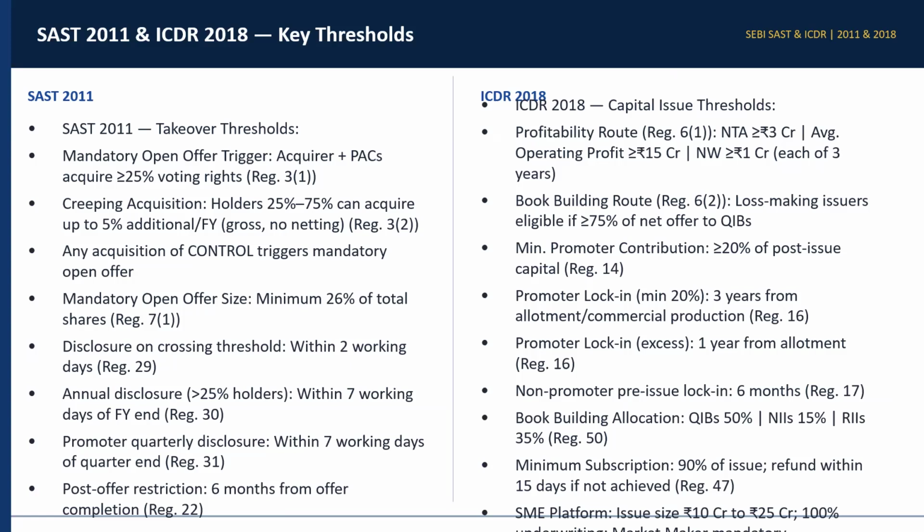ठीक है। मिनिमम प्रमोटर कंट्रीब्यूशन कितना है? ये आपका है 20% और मोर ऑफ पोस्ट इश्यू कैपिटल। प्रोमोटर लॉक इन मिनिमम 20% है। इट इज 3 years फ्रॉम द अलॉटमेंट ऑफ कमर्शियल प्रोडक्शन। और अगर आपका कोई एक्सेस कंट्रीब्यूशन है, मोर देन 20%, तो उसके लिए इट इज 1 year फ्रॉम द अलॉटमेंट लॉक इन पीरियड। जो नॉन प्रोमोटर प्री इश्यू लॉक इन है वो 6 months रिक्वायरमेंट है। बुक बिल्डिंग एलोकेशन में क्या है कि क्वालिफाइड इंस्टीट्यूशनल बायर्स 50%। ये एनआईआई 15% है आपके, और आरआईआई है 35%।